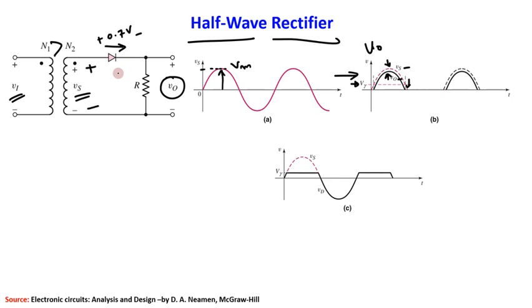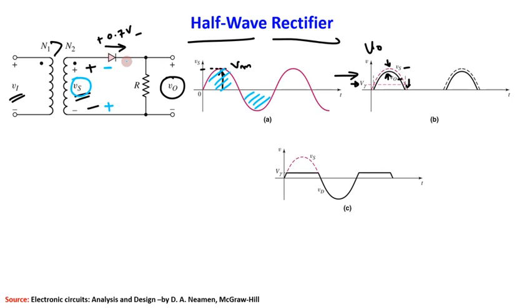Okay. Now what will happen, let me pick another color. So this is sinusoidal, right? Initially it was positive, this was negative, so this is the half that we have discussed, right? Now what about during this half? During this half, this will now become negative and this will become positive. So when I am saying this potential, this is the polarity of this Vs. If the polarity of Vs is now like this, this diode is in reverse bias, and from the piecewise linear model, you know, at that time the diode is not conducting. Diode not conducting means open circuit.